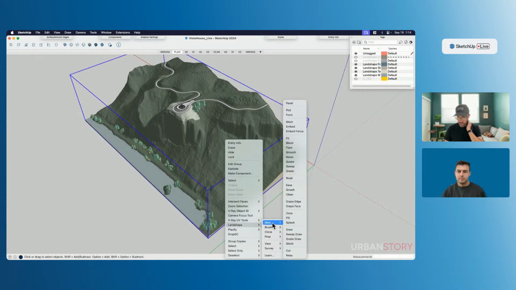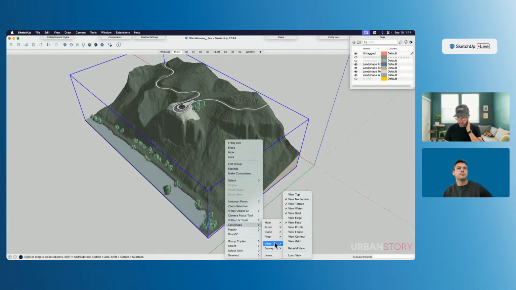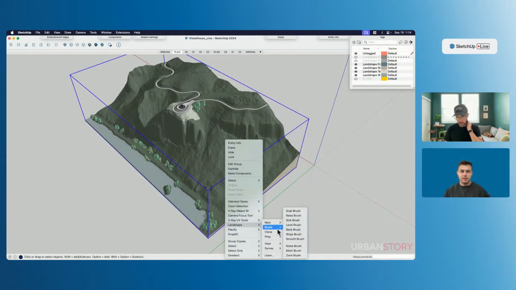Let's see if I can remember. Under view, where is it? Maybe it's under main. I don't know if these guys are still on. It's late over there for them. It's not super important, but there's a way that you can, oh,